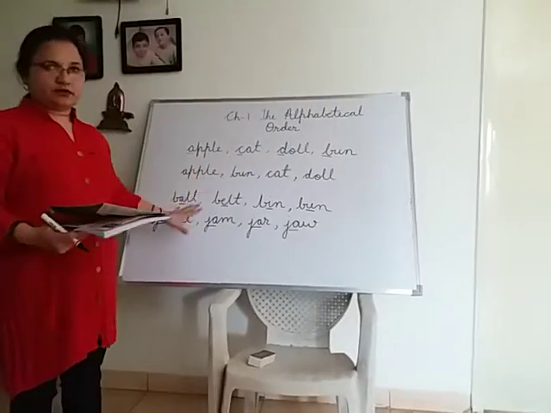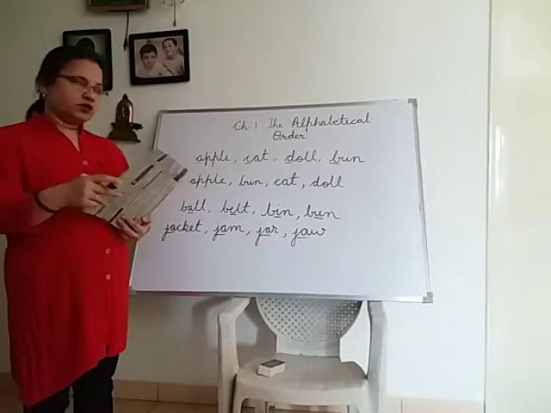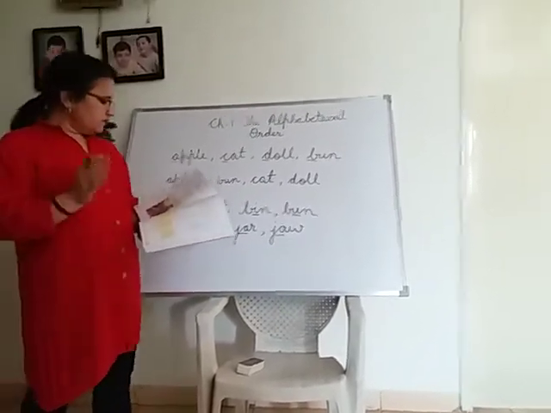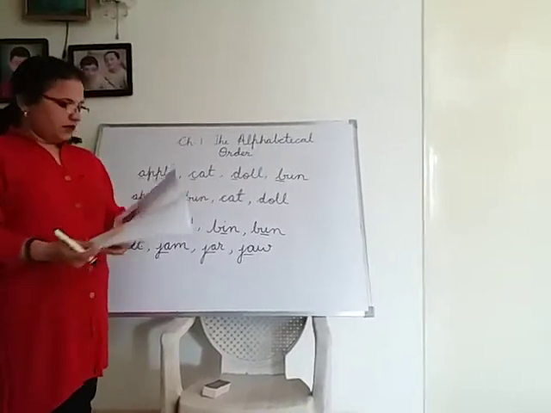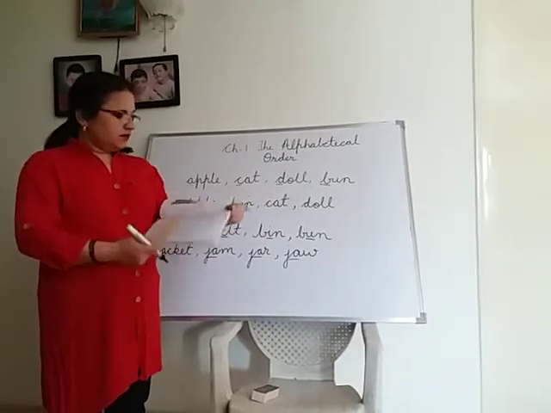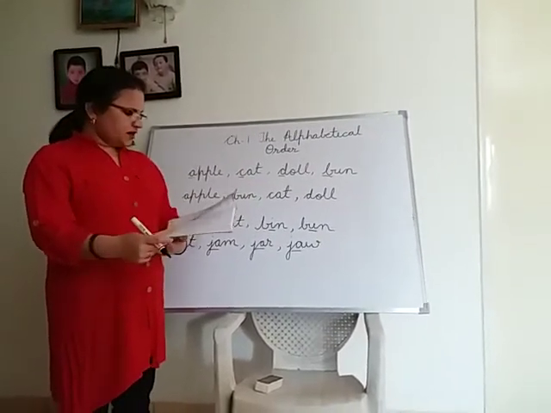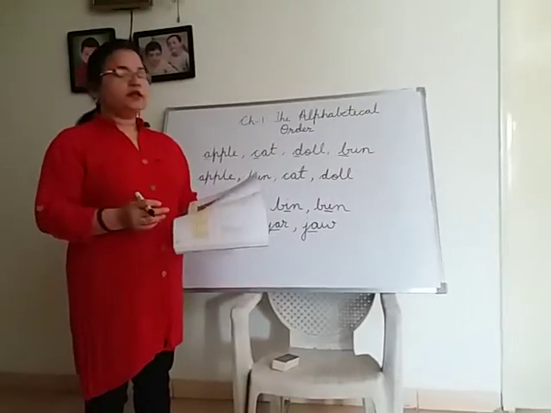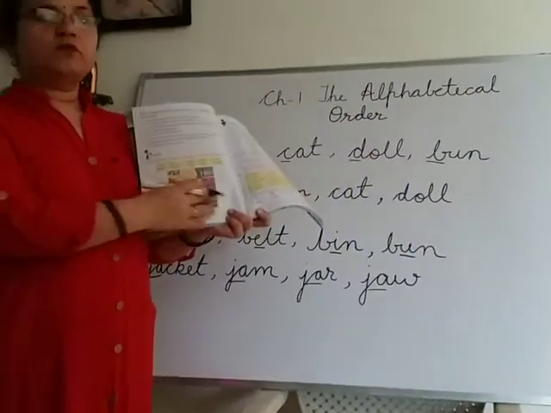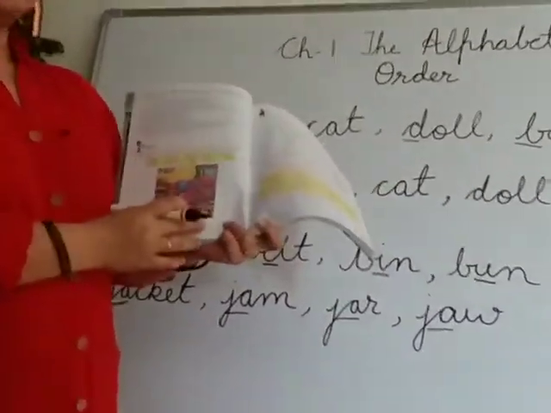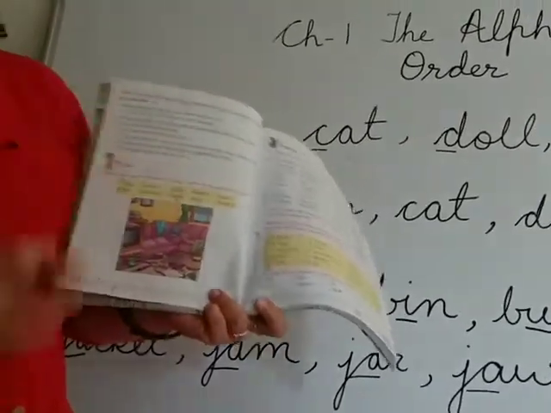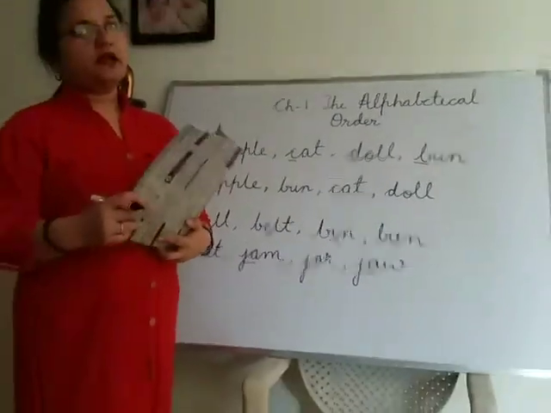Now you need not write all this. What you have to do is pause this video, go bring your book, open page number 2, and we will do the exercise. Now you can see the exercise. Yes, this says arrange the articles present in Rohan's room in alphabetical order. There is one picture of a room. Suppose this is the room of a boy. A few things are kept here. All these names are given in the yellow box. You have to arrange these words in alphabetical order.